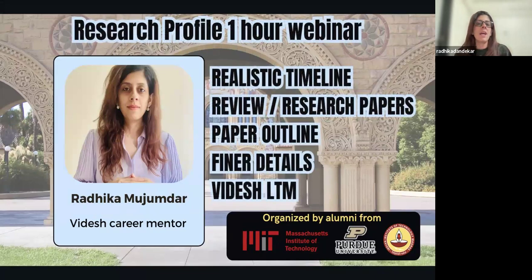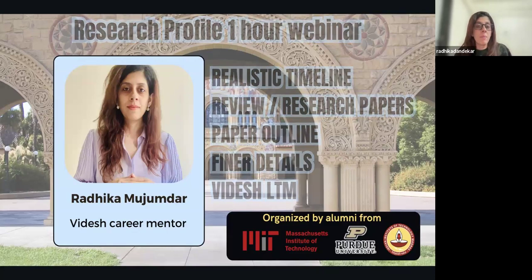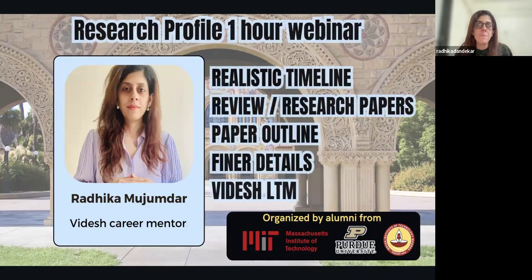And the finer details like the paper outline. I'm going to be breaking down every part of the research paper into tiny details. And then at the end, I'm going to be taking you through how we can help you build your research profile by helping you to write a first author research and a review paper. I'm also going to be talking a little bit about our scientific machine learning bootcamp. So stay with us right till the end.